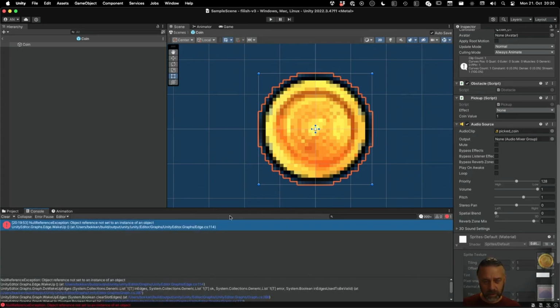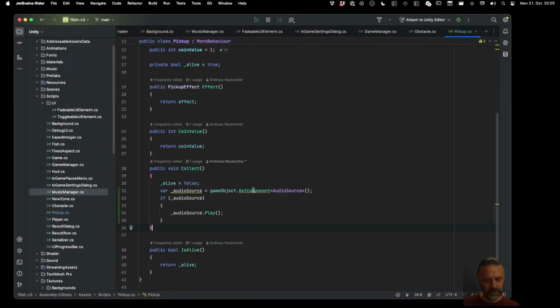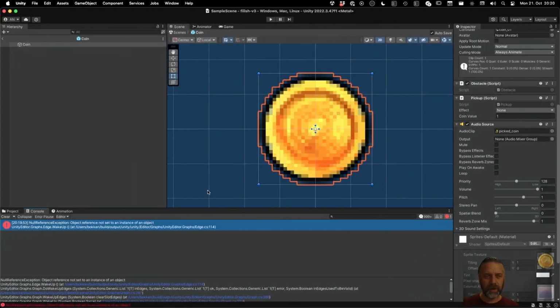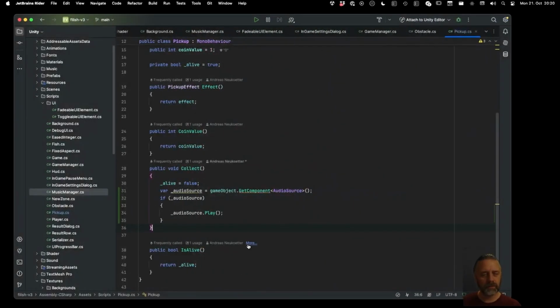Can you please go to... This is a pickup, right? And the coin has a pickup script and an audio source. So